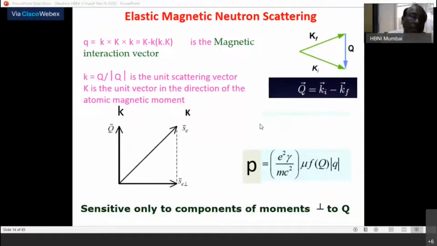Why is it like this? The nature of the interaction, essentially. That theoretical formalism you can see in any book on magnetic neutron scattering. This is known as the dipole approximation, and that is excellent. It matches with the experimental and theoretical results and so on. There is no doubt in this. It is well established.